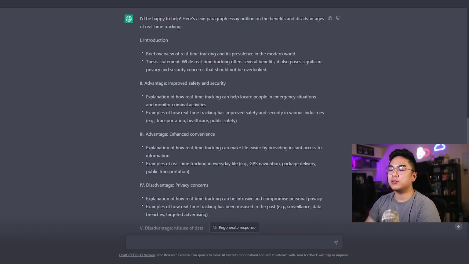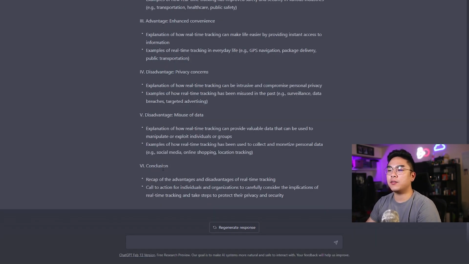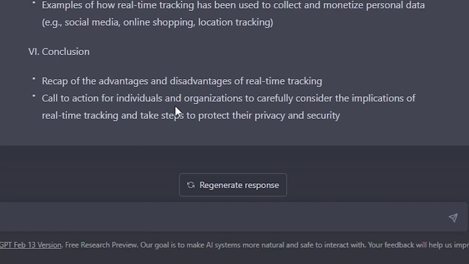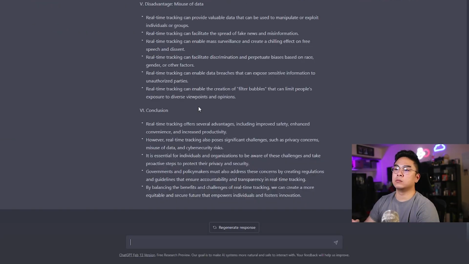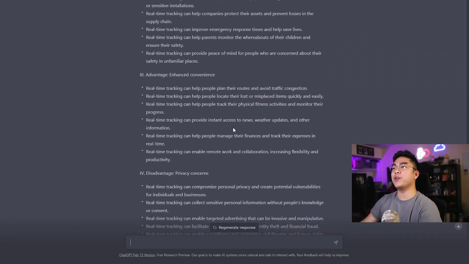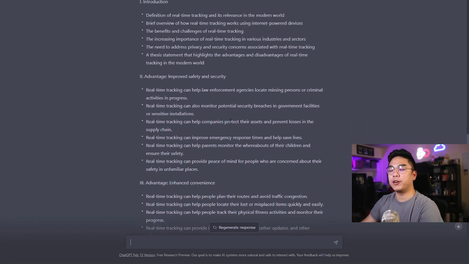All right, so over here, as you can see, ChatGPT has generated us an outline, but I'm not really satisfied with this result. You can see that it does give us an outline divided into 6 different sections that we wanted to cover. However, I wanted to go more in depth here. It's just giving us 2 bullet points each. So I'm just going to go over here and type in, this is a great outline, but can you make each section have 6 bullet points each? Awesome, perfect. So now ChatGPT has given us a very in-depth outline of our essay, right?